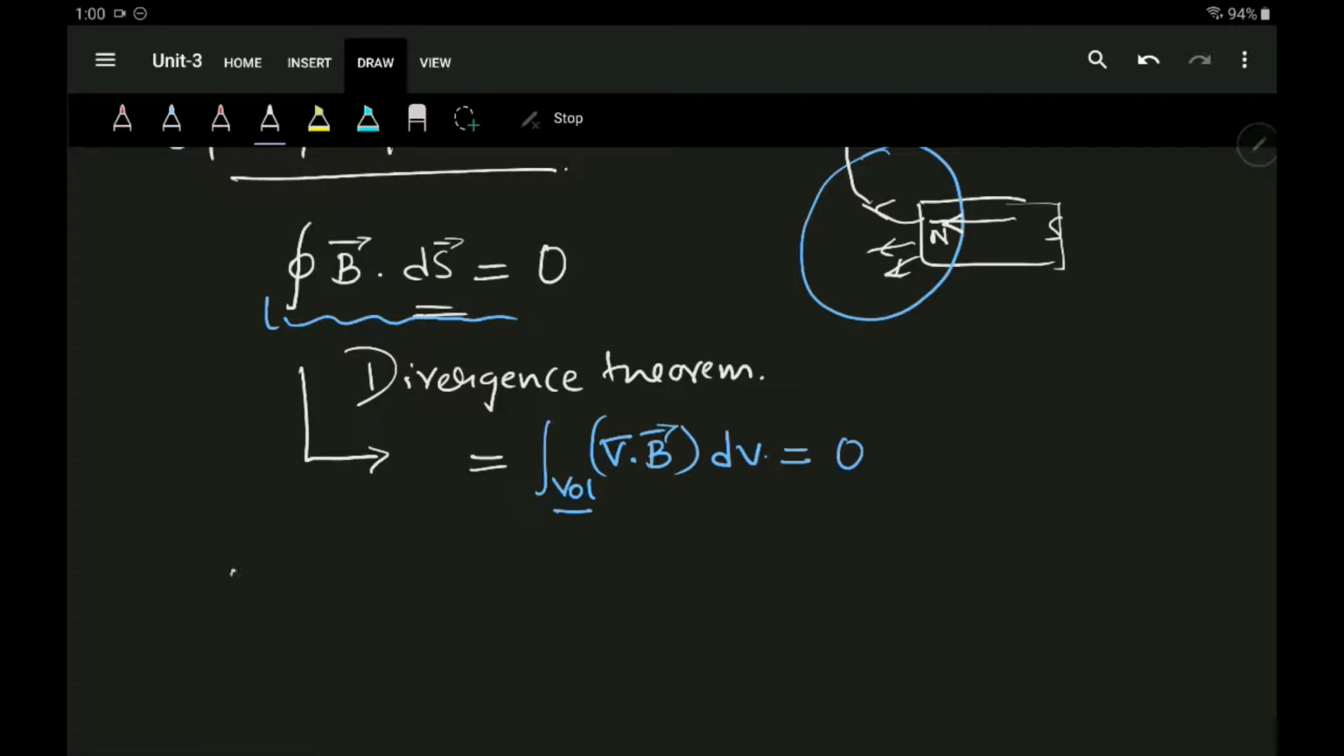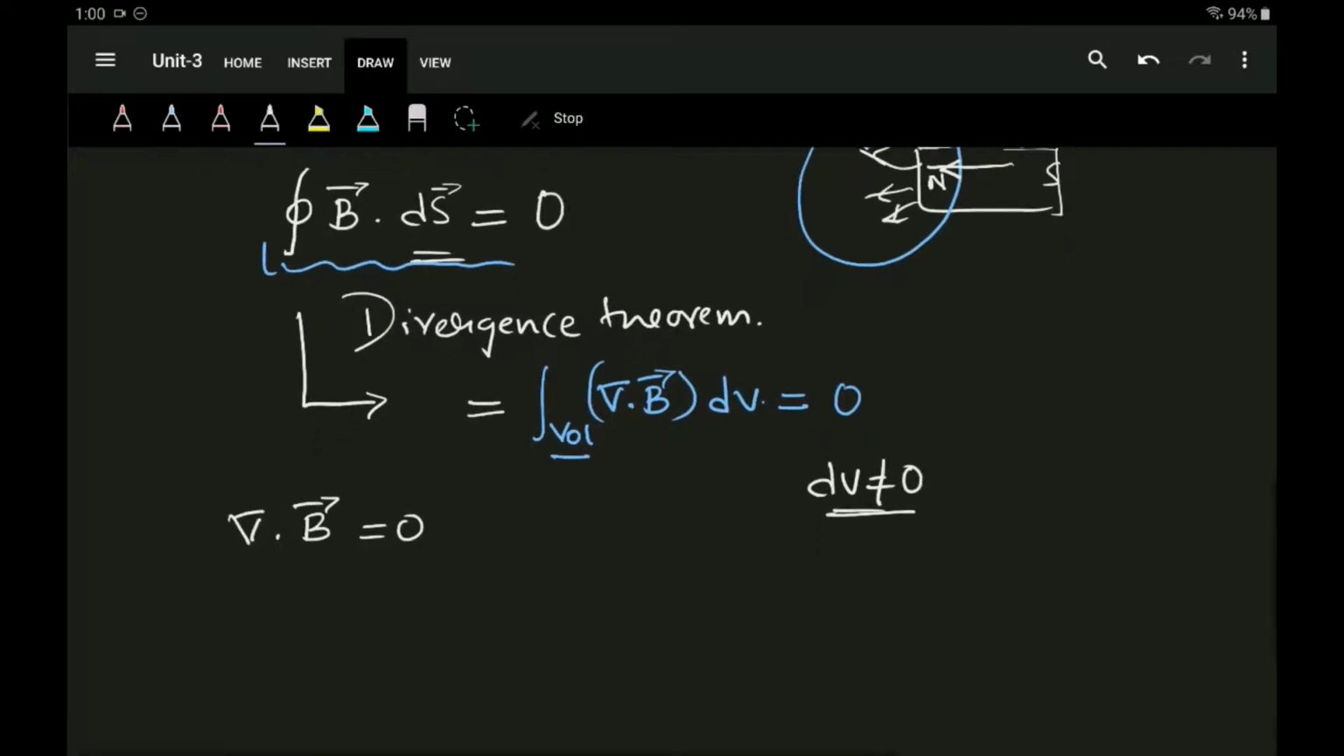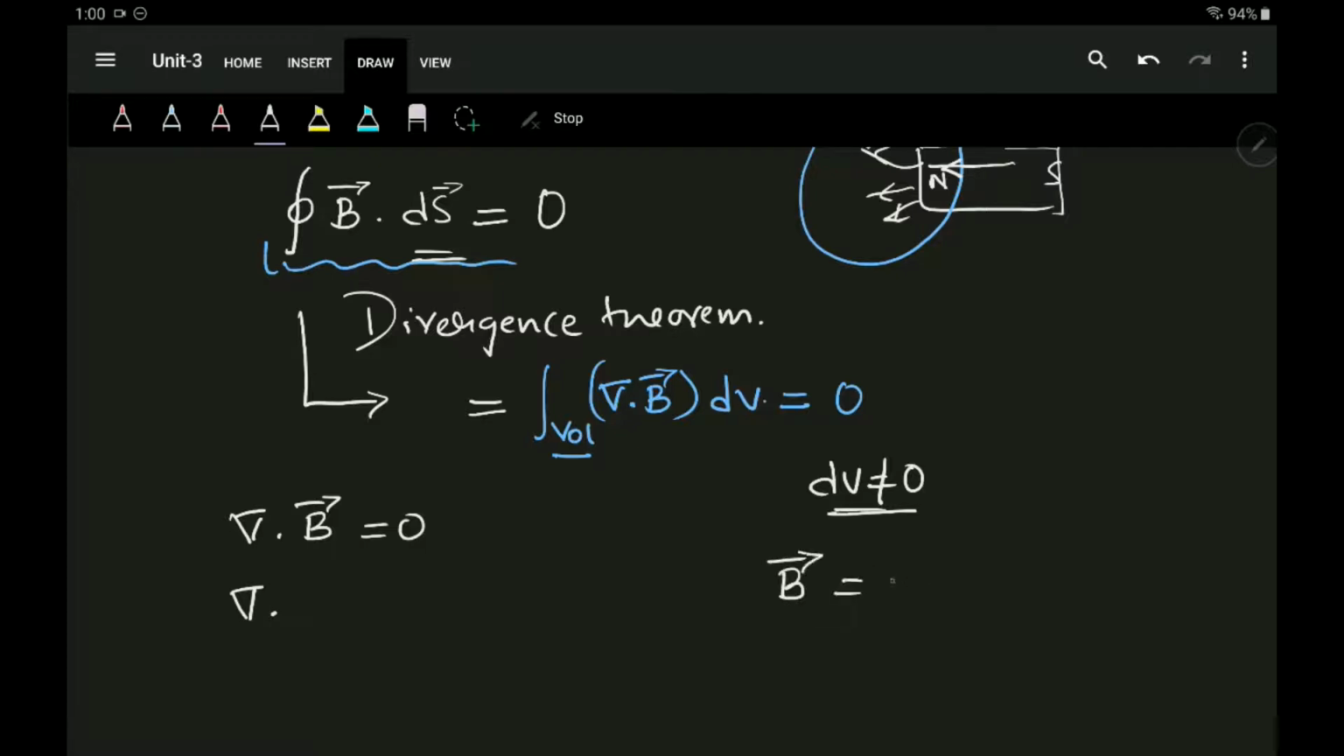But if you see, you can't say the volume to be 0. No ways you can tell volume can never be 0. Hence it should be the divergence of vector B can only be 0. So using this, I can solve for the divergence of the B vector, where the magnetic flux density is defined by